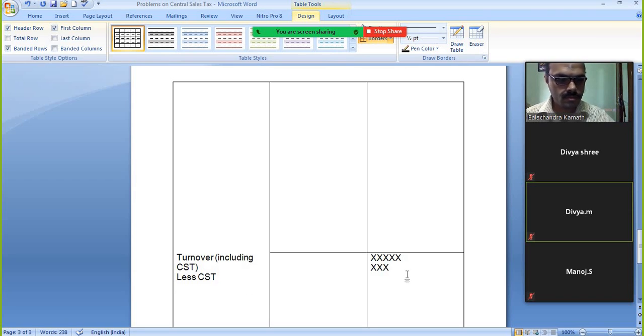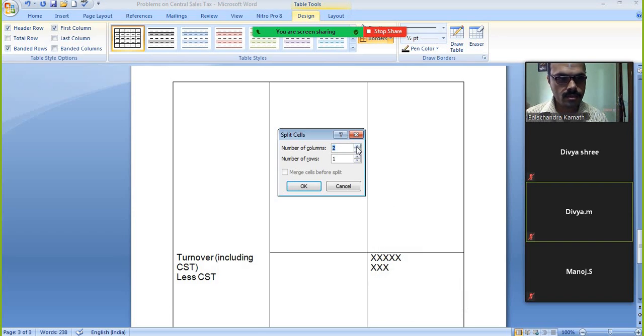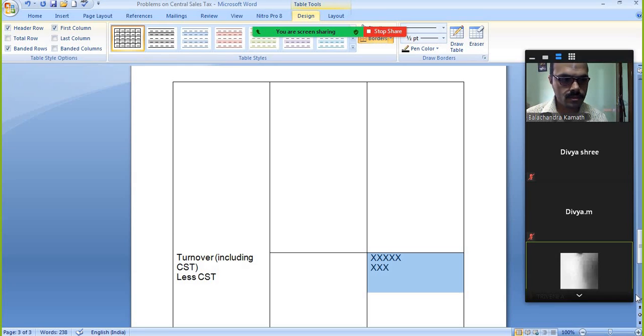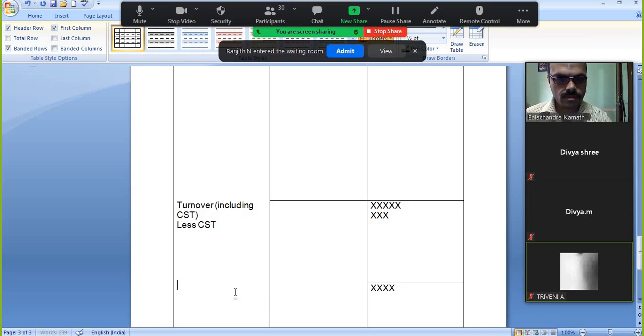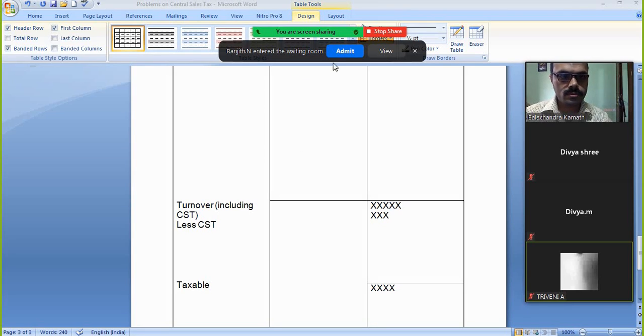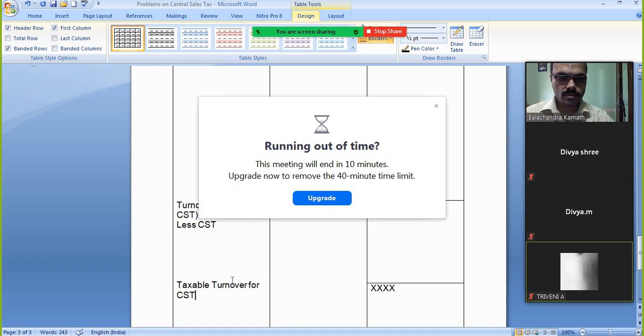Then this resultant figure which you get is called taxable turnover for CST. Okay,